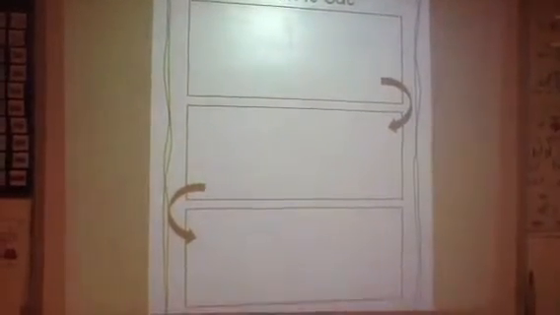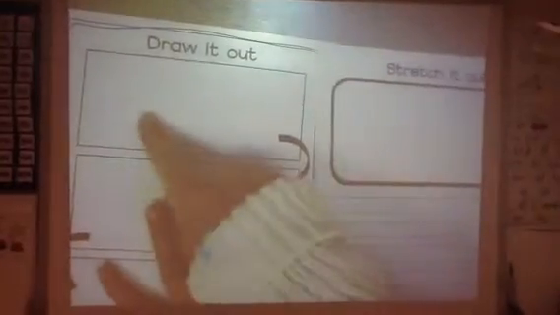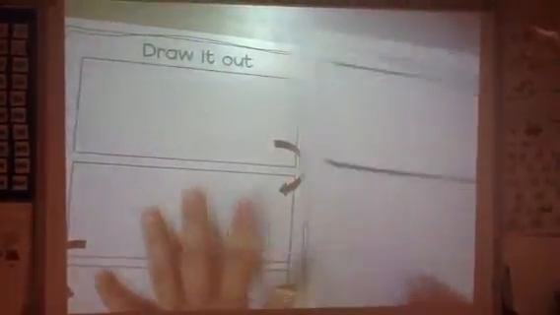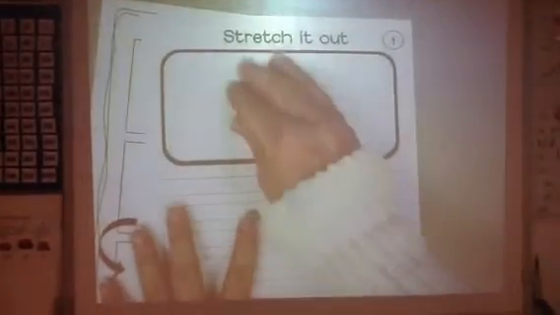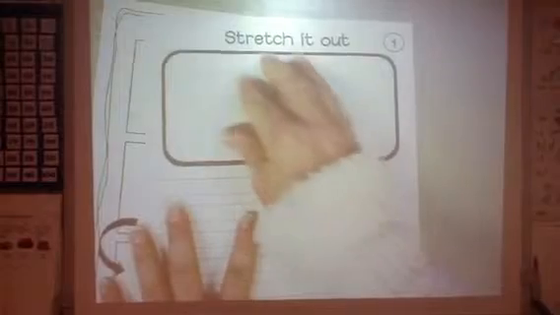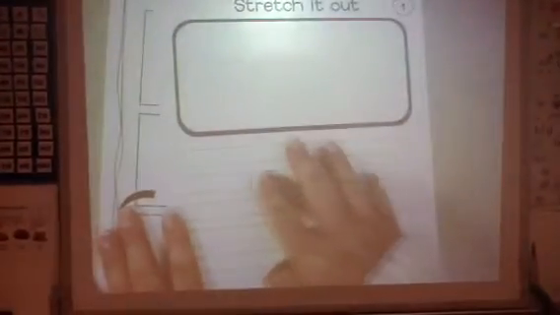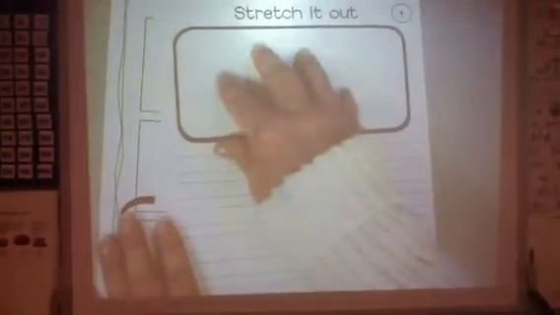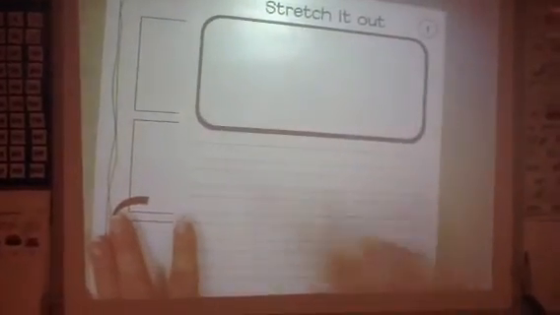So on this stretching it out part, this is part one. So what they'll do is they'll look at this where it says draw it out, box one. So this is going to be stretch it out, box one. So they might want to draw the same drawing, or they might want to put a little more detail into this. And they want to help them talk it through what they're going to write about this first part that happened. So if I were writing this,